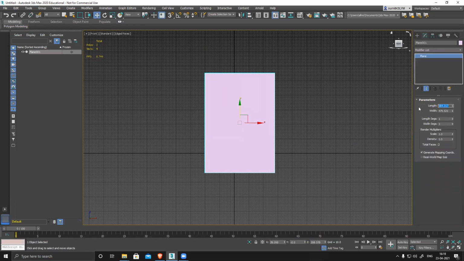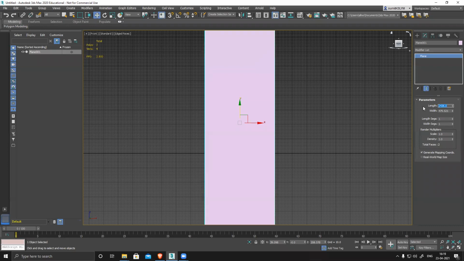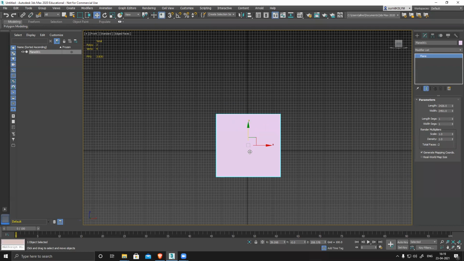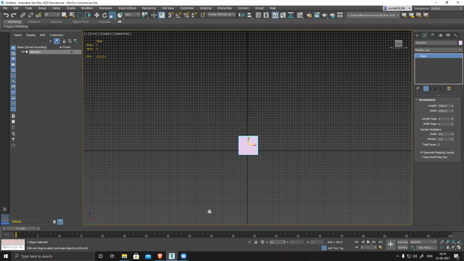Now I can see its height is 2426 and width is 2491. So it created a perfect shape of this image, but it's a huge shape.